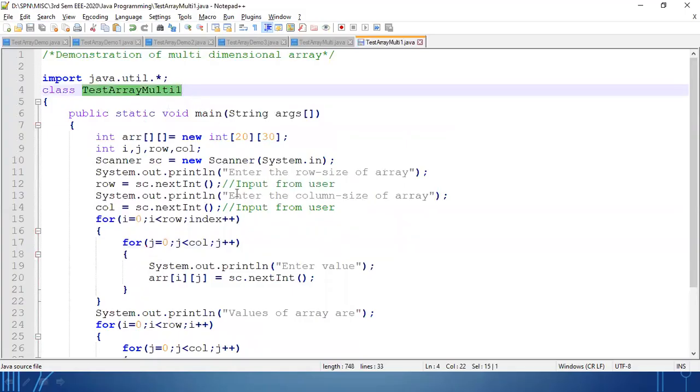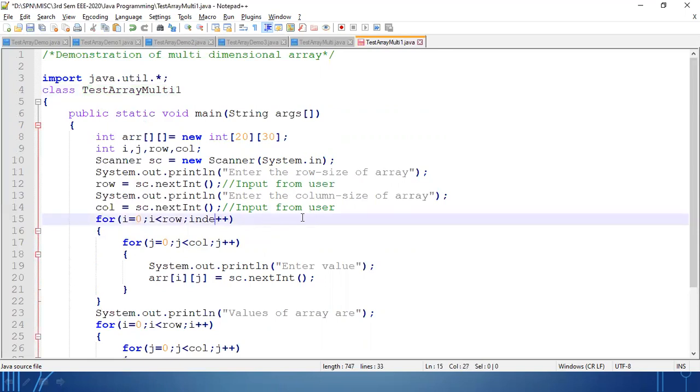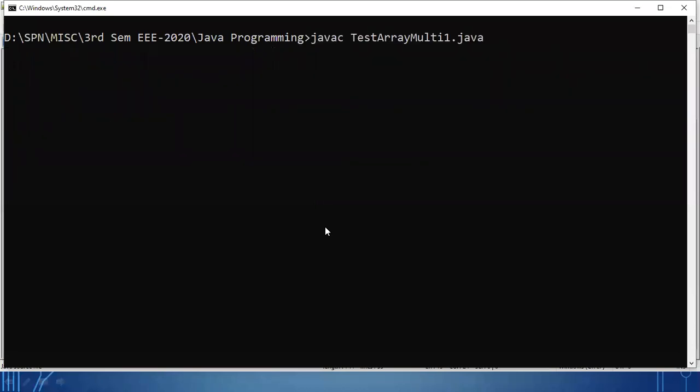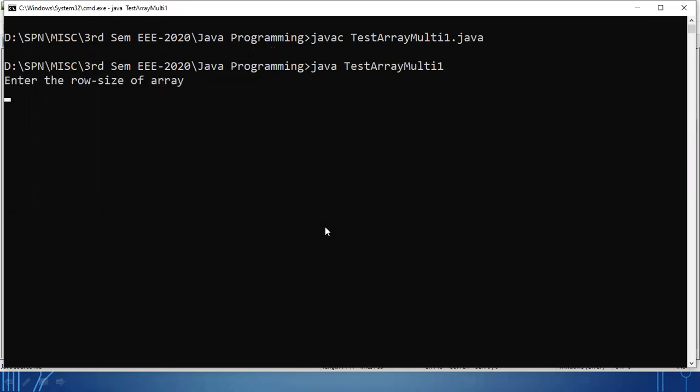Okay, index is not here. We have used the variable name i. Yes, compilation done. So you are asking for the row number, so 3, and suppose for column number I am giving 4.